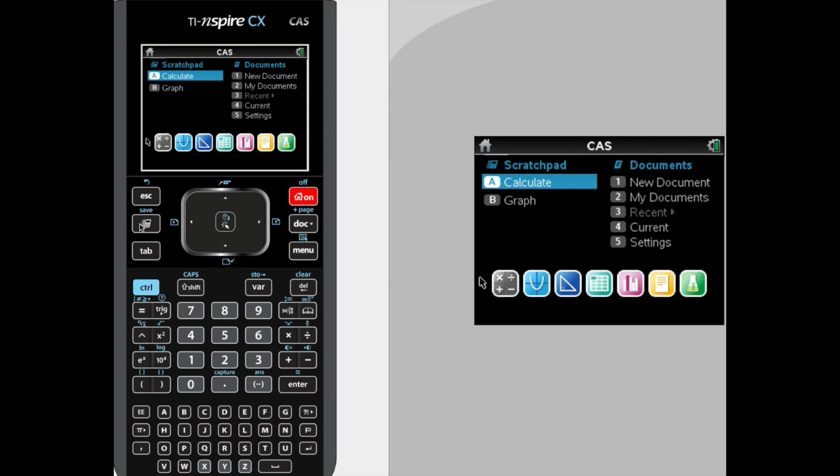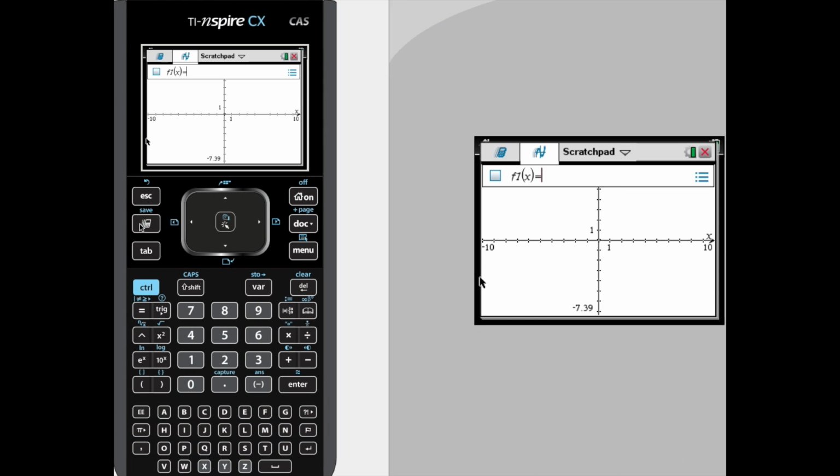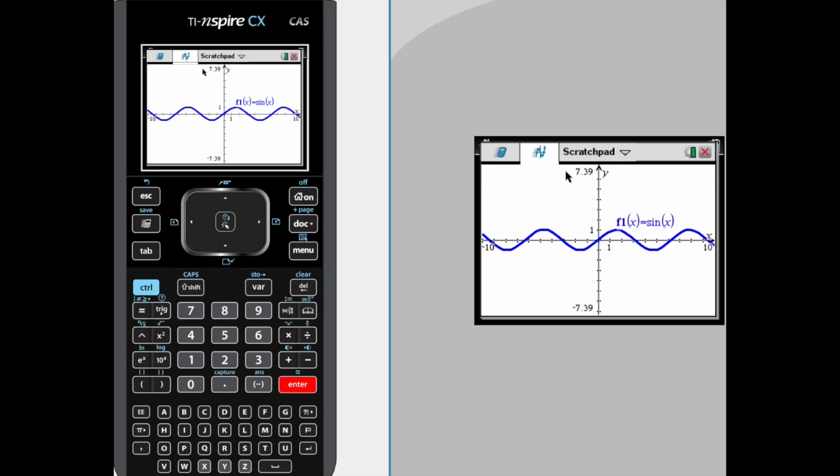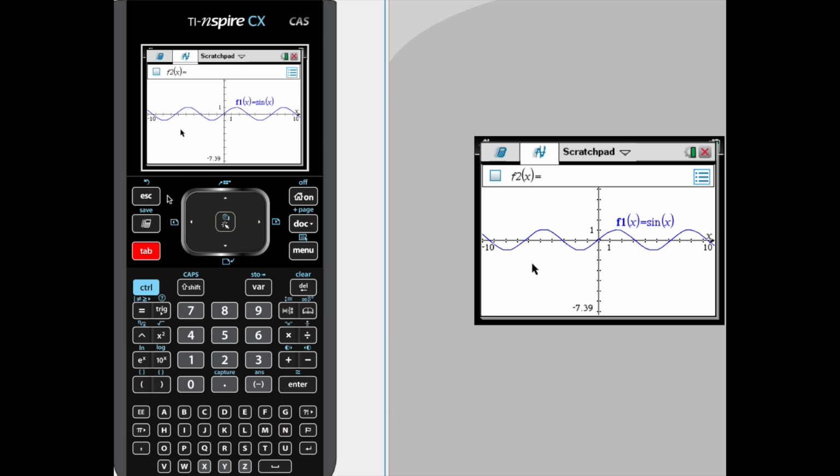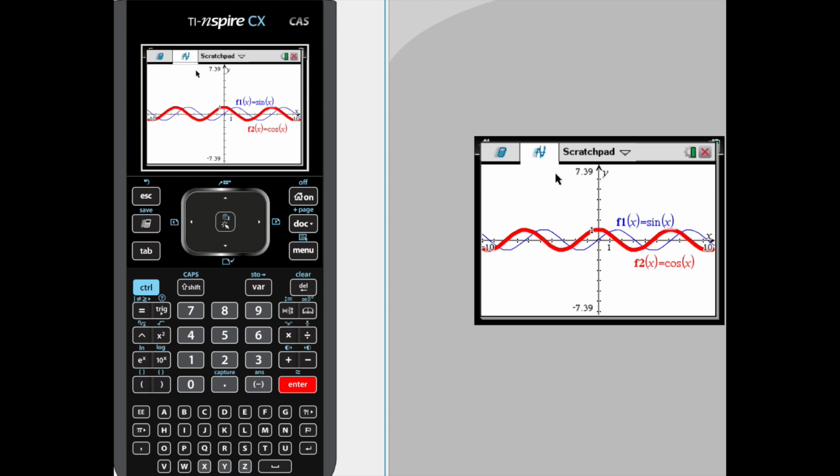So we're going to toggle to the graphing window of our TI Nspire calculator. And we've already got the window open here. And we're going to type in y is equal to the sine of x and enter. All right, so here we got that one going. We're going to hit the tab button again. And these graphs, by the way, are in radians. Now we're going to type in the cosine of x, and that, of course, is going to look very similar, but with that phase shift that we were discussing.